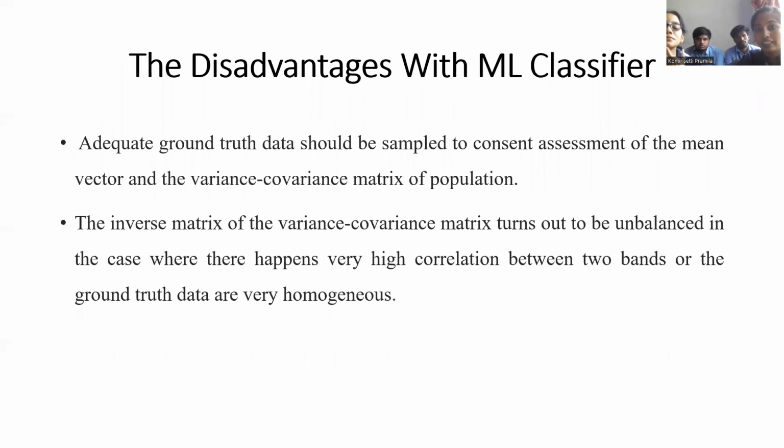And coming to the disadvantages of the ML classifier, adequate ground truth data should be sampled for consistent assessment of the mean vector and the variance-covariance matrix of the population. The inverse matrix of the variance-covariance matrix turns out to be unstable if there exists high correlation between two bands that we are using, or the truth data information that we are giving is